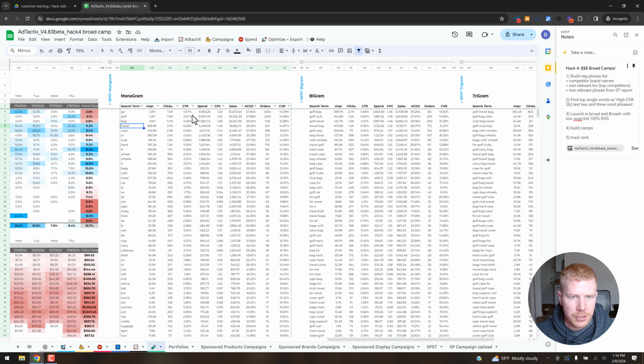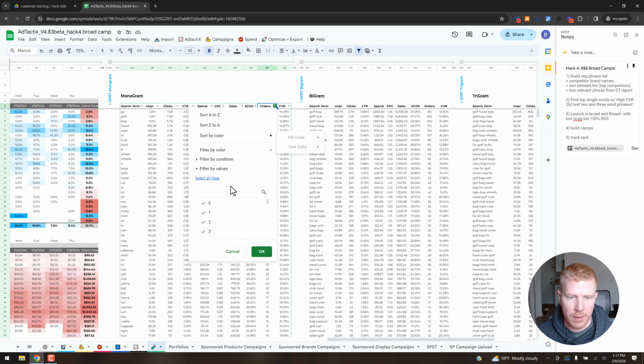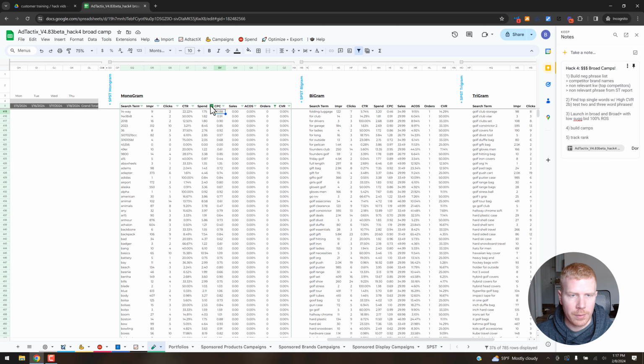All right, so there are really 2 ways you can use this data that's pretty useful in this application. The first one is I like to filter out anything except the terms with 0 orders, or sometimes I'll do 1 order as well. For the sake of this example, I'm just going to do the 0 orders. And then I like to sort it by spend. So these are the ones you're going to want to go down through one by one as well and see if you want to negate them,